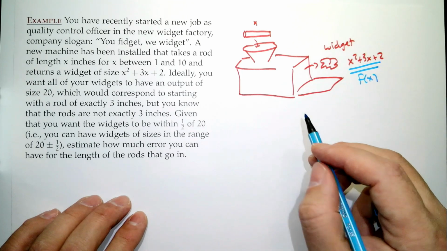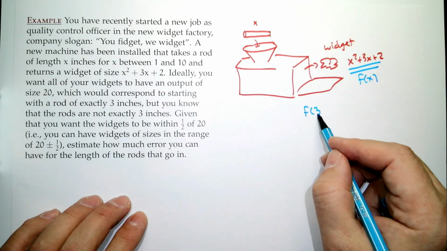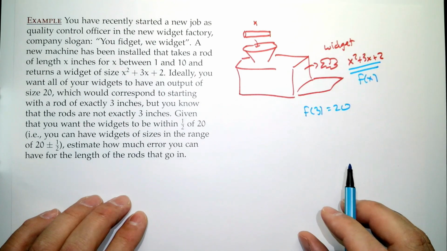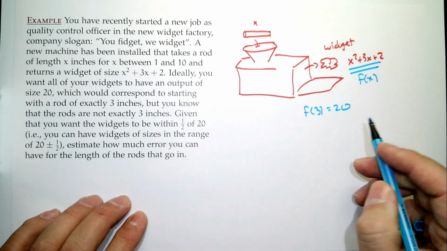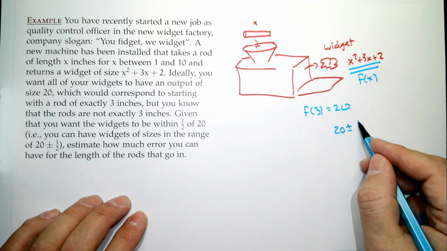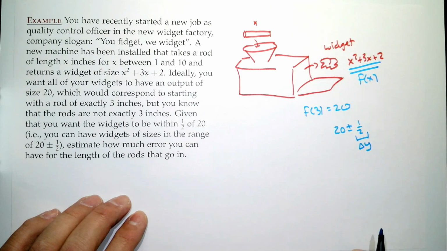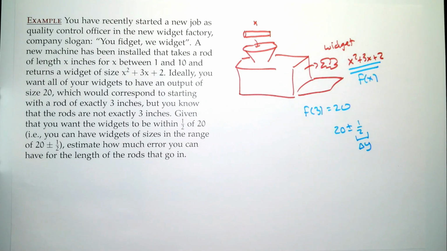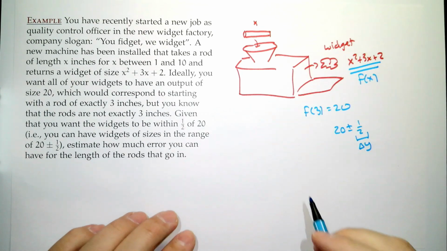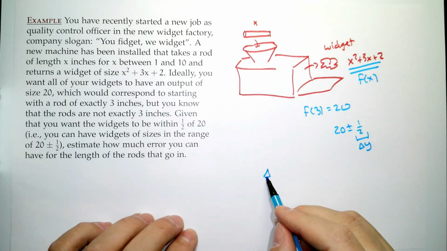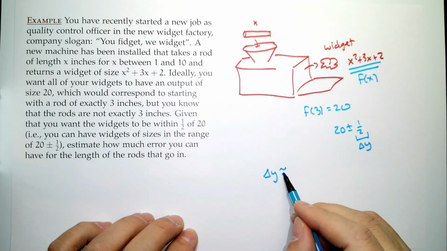And what do we know? Well, we know that f of 3 equals 20. And we also know that we want to be within plus or minus a half. This right here is our change in y. So our change in y is a half. That's how much we're willing to tolerate. So our formula says that the change in y is approximately